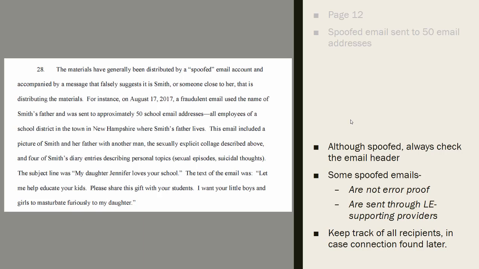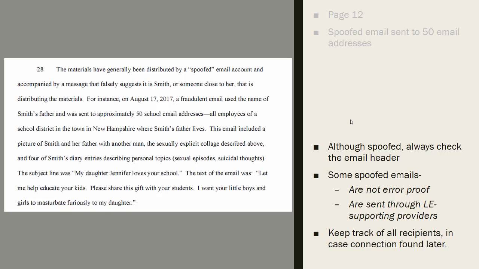They're really cheap versions of a spoofed email, but there are some that will just change the return address where the entire header is intact with the original origin being correct and only the return address being changed. So it depends on how the emails were sent, whether or not they're really spoofed or if they're not spoofed that well. Some email spoof providers, and very few that I know of, will support law enforcement in that they actually keep records and perhaps the spoofing isn't as spoofed as they claim to be.